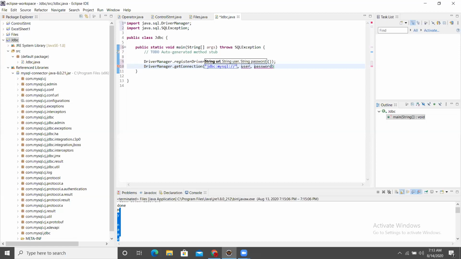Then localhost colon 3306. Oh, my port number is only 3306, sir. Okay, then fine, no problem. So whatever the port number you have, that only you have to use. Then slash.